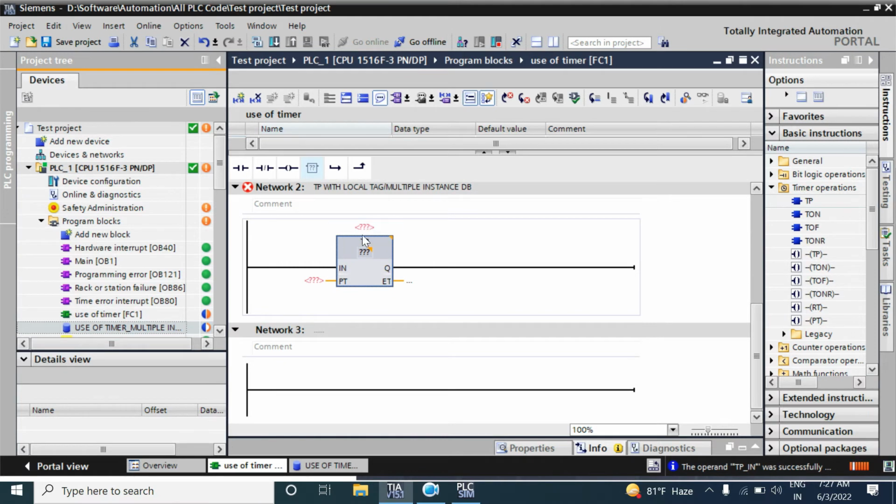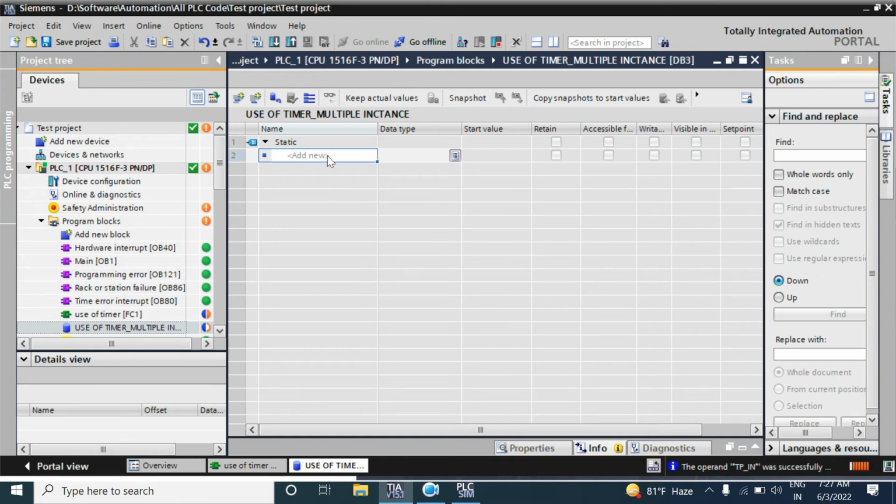It will take the TP function here, but now it shows a question mark. It asks for a DB data type. So you can create this data here, local tag TP timer,